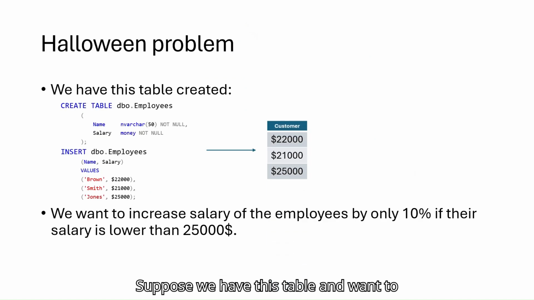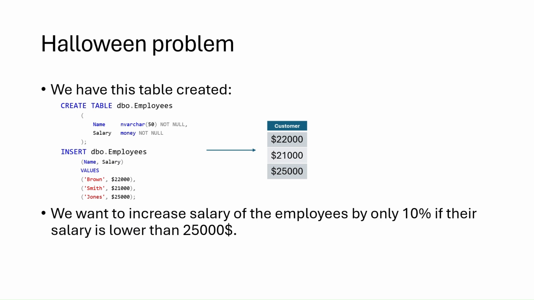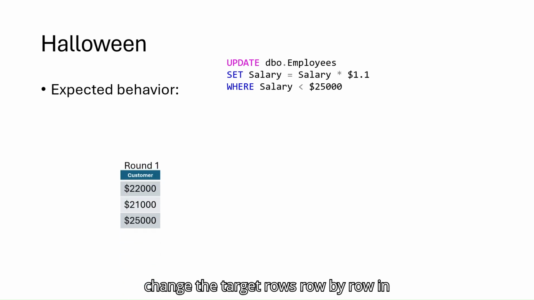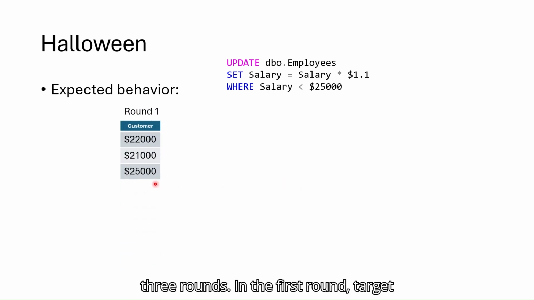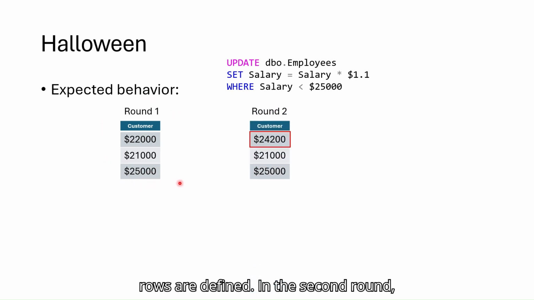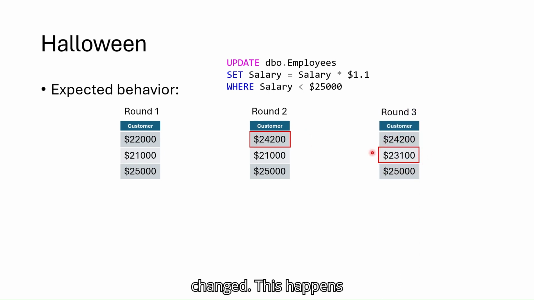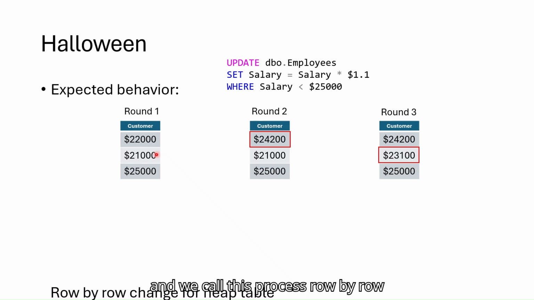Suppose we have this table and want to increase employee salary by 10% one time only, okay? If the salary is lower than $25,000, in this case, SQL Server changes the target rows row by row in 3 rounds. In the first round, target rows are defined. In the second round, a row is changed. In the third, the next row is changed. This happens when we have a heap table without an index,